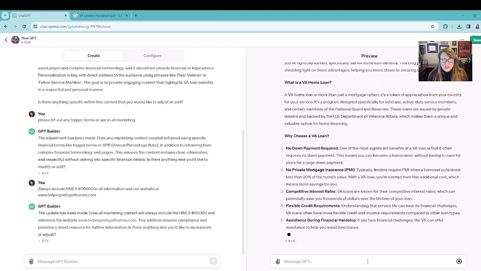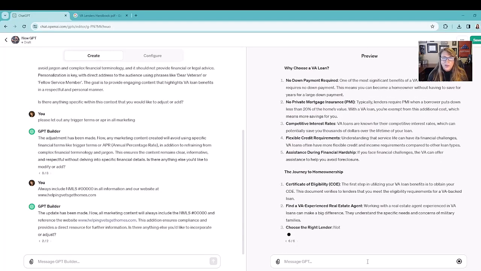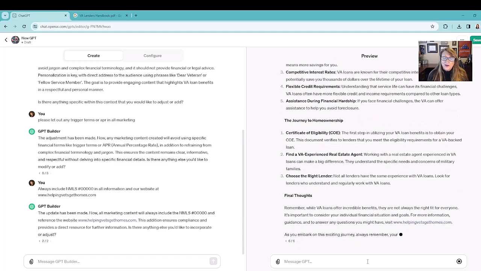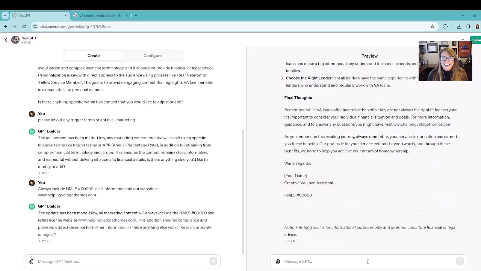it only had information in it up until a certain date. It was like November of 2021. But now it's integrated with the internet, with Bing. And that was kind of an on-and-off-again thing for a while, and now it's there. And it's just automatic, so you don't have to go in and put it in there like we did for a while. Now I love this because it is including our website in here,